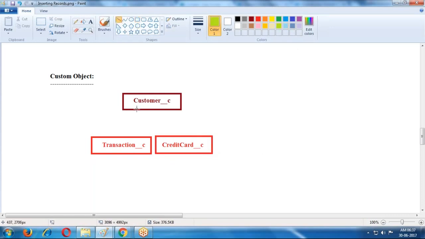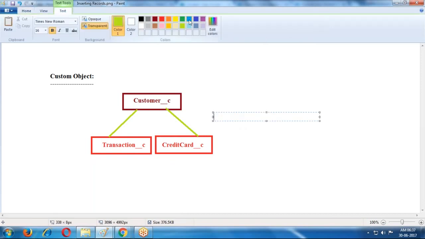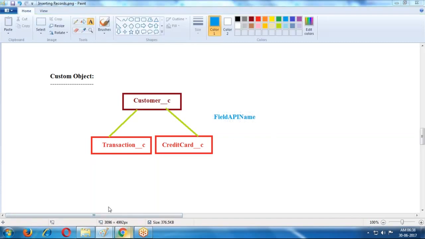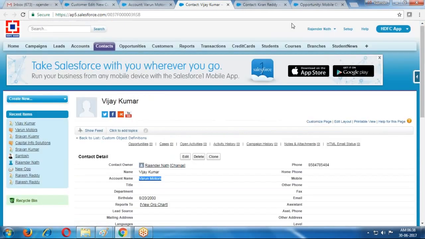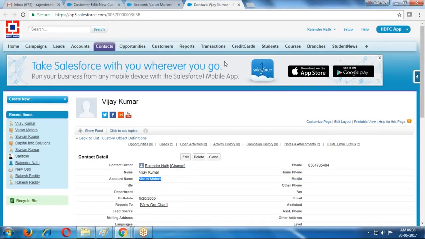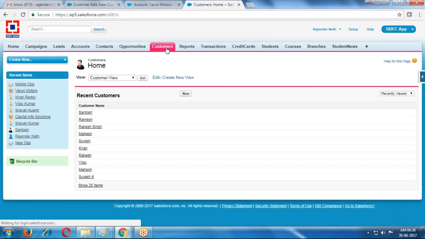For this, we use field API names. What are we using here? The parent-child relation field API name. Whenever we are creating objects for custom objects, Customer is one object and Transaction is one more object.